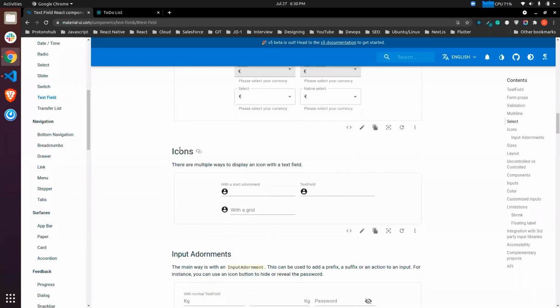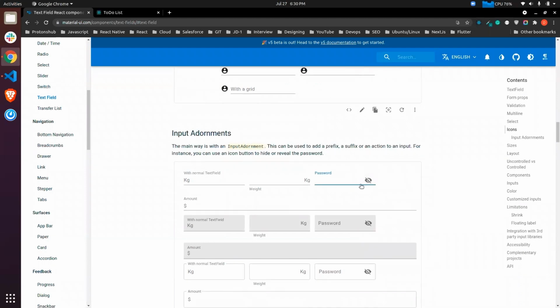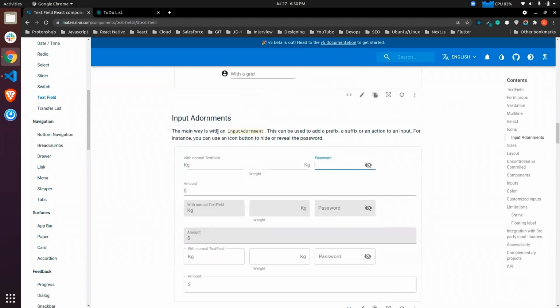For that, here is the icon, but we need the icon at the right. So this is what we need. It says input adornments. Input adornments are something you have inside the input, and you can use it as a button or something like that. It is a part of your input, but you can use some other stuff using it. So let's import it.